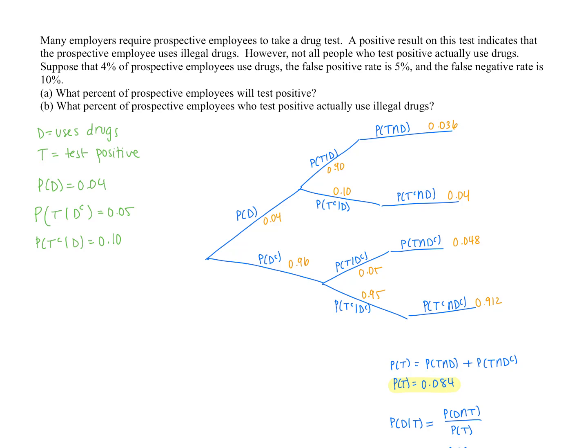Okay, so this is where we left off. Last time we took notes, we took a look at how to use a tree diagram to answer certain probabilities. What I want to do with this question is show you that you don't have to do a tree diagram. There is another way to approach this question that I'm going to show you. I will say, for me personally, I find the tree more intuitive, but you certainly don't have to do it